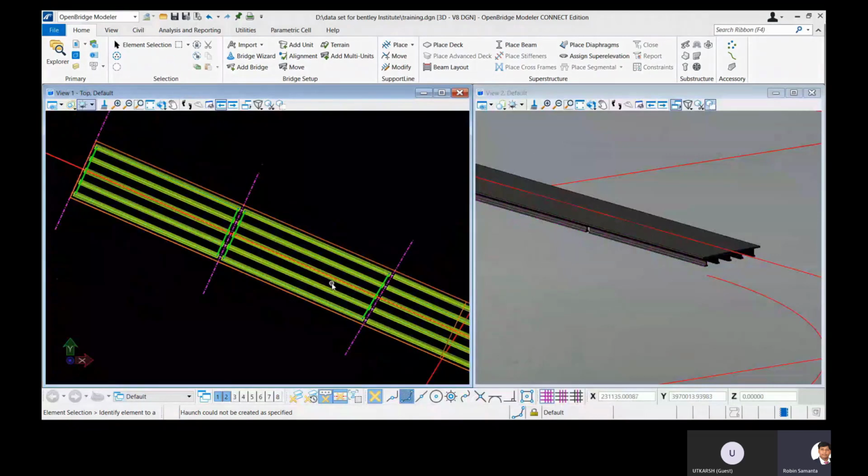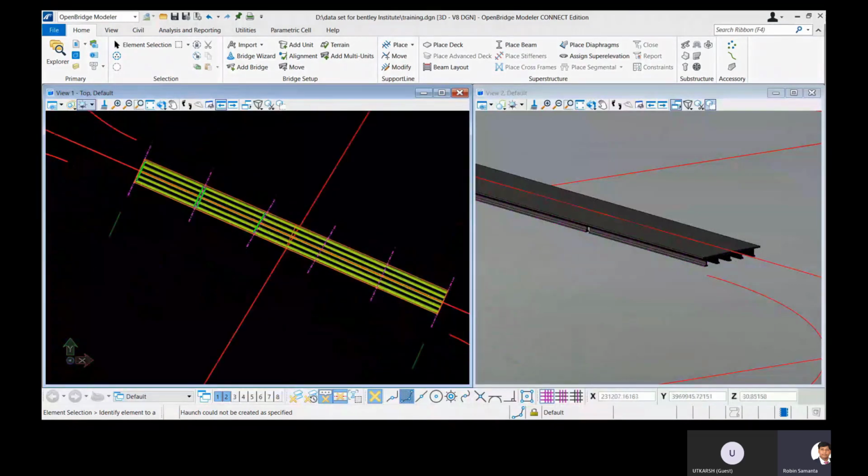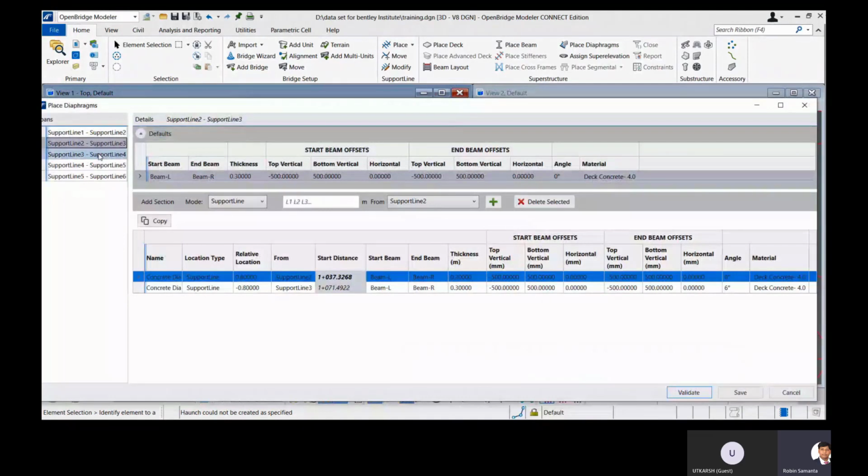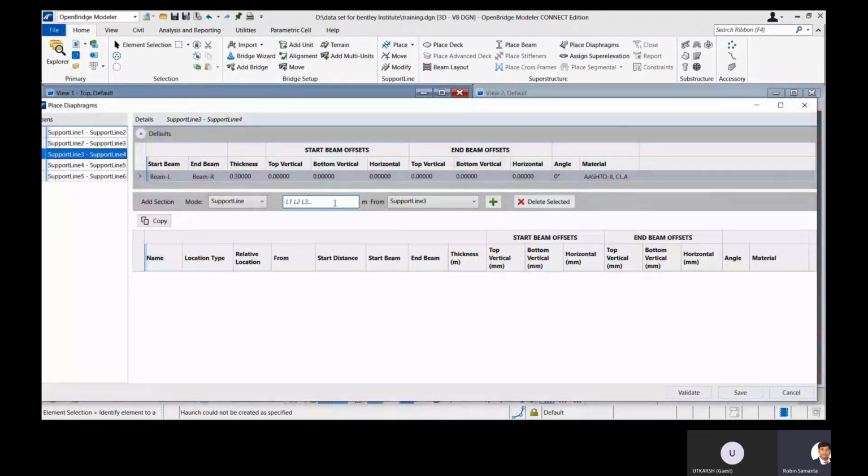So it's very easy. In a similar way you can define your intermediate diaphragm as well. You can select by span and then center of the span. Instead of support lines, the selection mode would be your span. So this will continue.